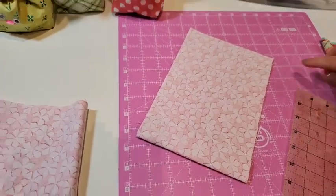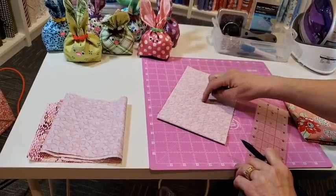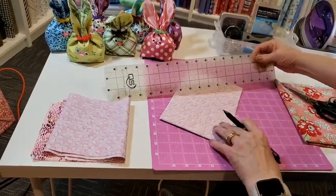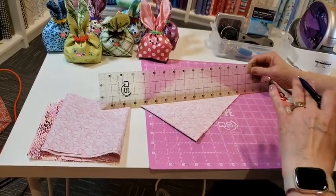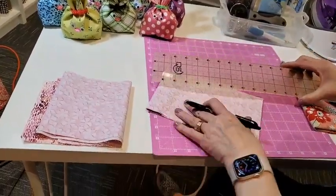Now, what we're going to want to do is cut out the V that we're not using. But we don't want to go right from the corner to the dot, because then we don't have any seam allowance and our little bunny will lose some height on his ear. So what we're going to do is, I'll do this one first so you can see a little bit better,